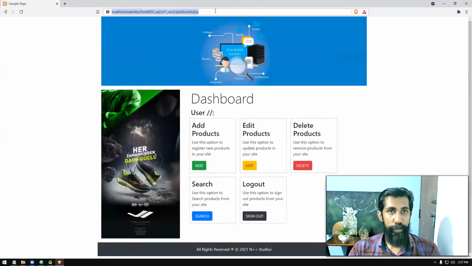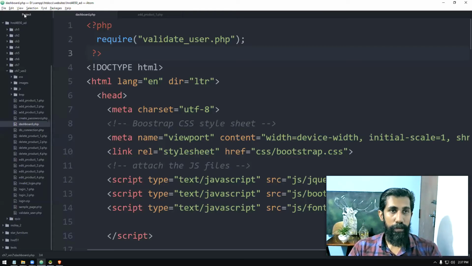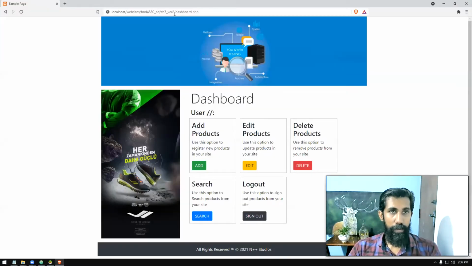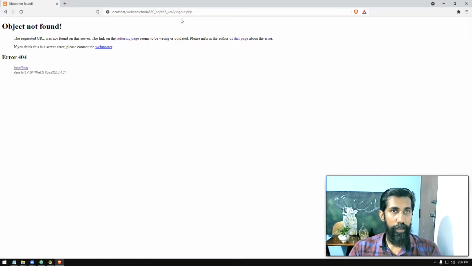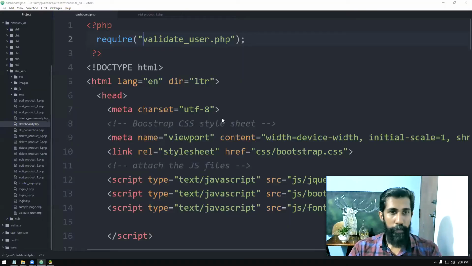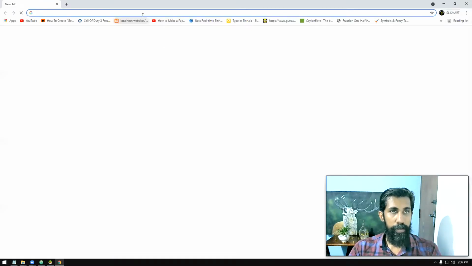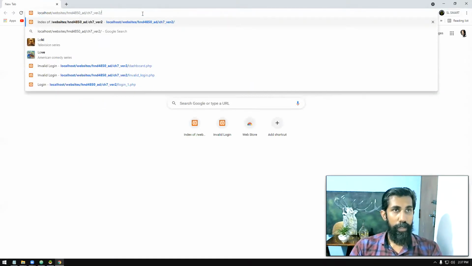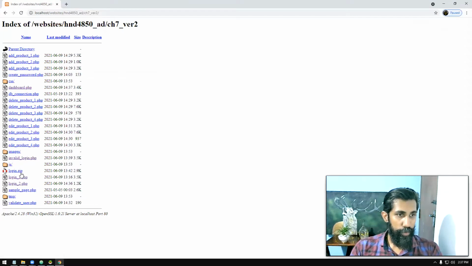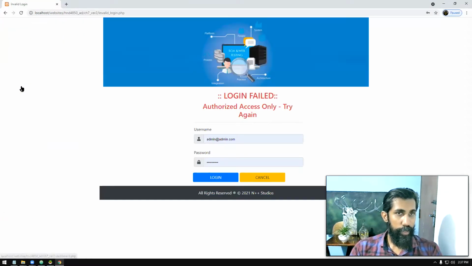Let's go to version 2 dashboard. It's not letting you in, it's giving you out.